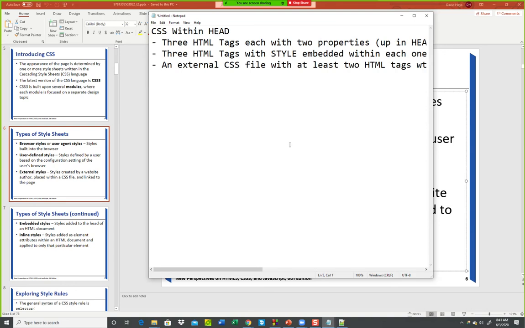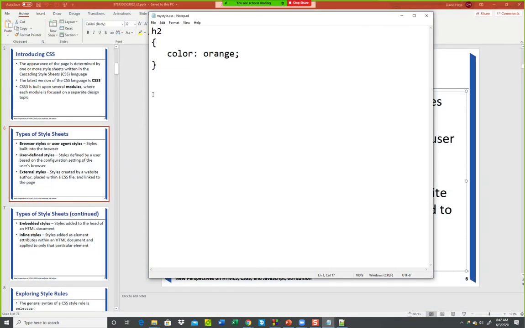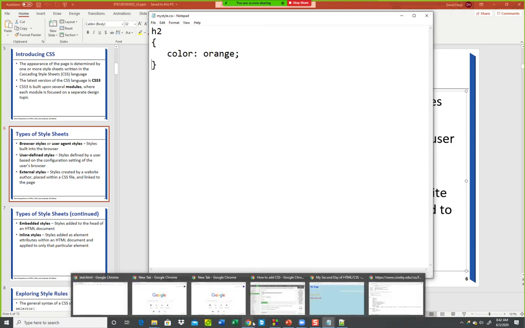Not much different than what I did, except for I didn't have 2 HTML tags. I just did H2 in my CSS file. So in your CSS file here, you'll have 2 separate ones: H2, body, H1, and do a little bit of research again. Don't just use color like I'm doing. Now, if I want to research it,